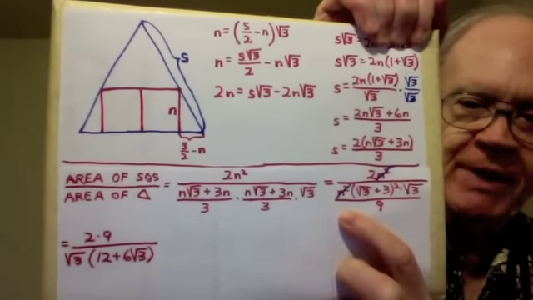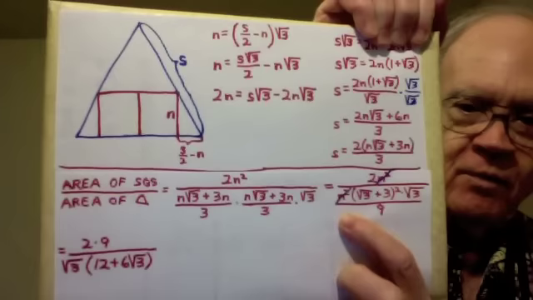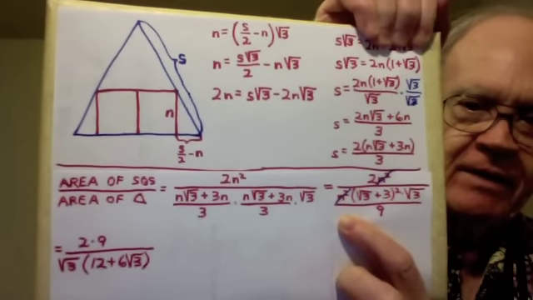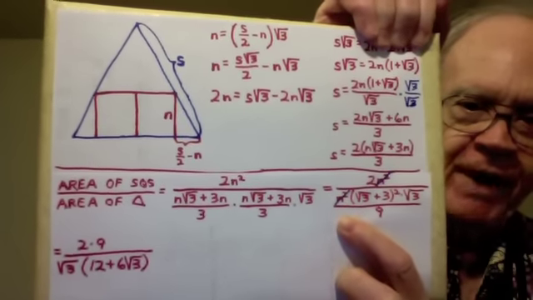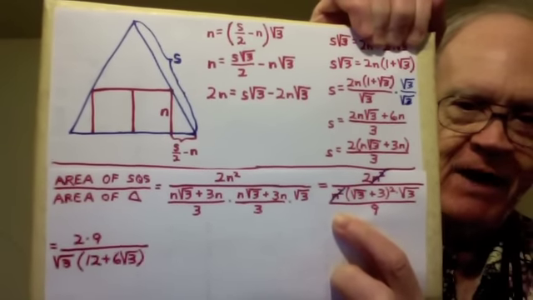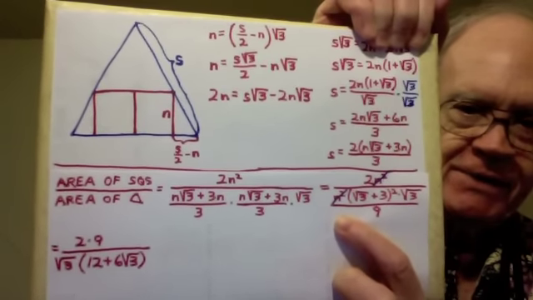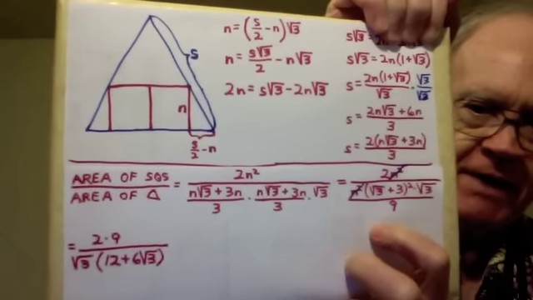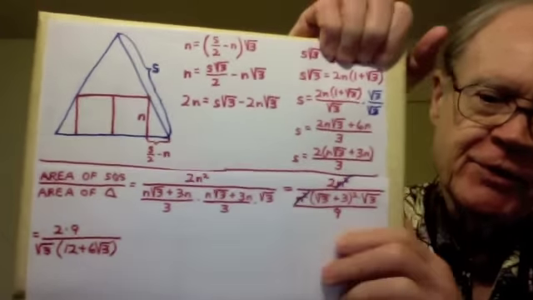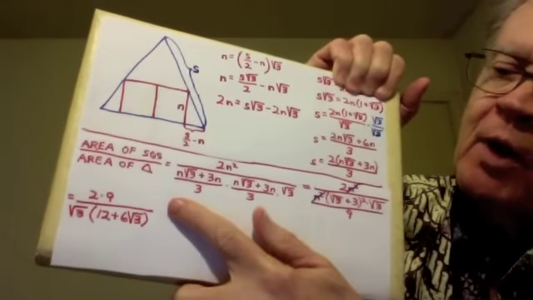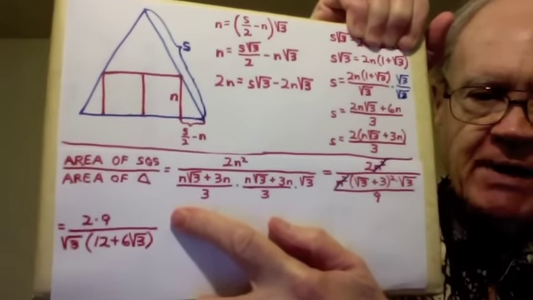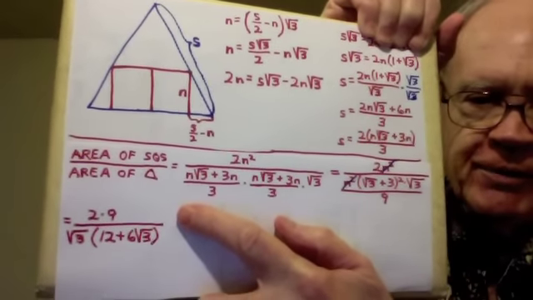The answer is going to be a constant with no variables involved, because the area of the squares over the area of the triangle, that ratio, does not depend on how big or how small the figure is. This 9, which is the denominator of the denominator, will move to the numerator and be put alongside the 2. So we have this fraction, 2 times 9 over root 3